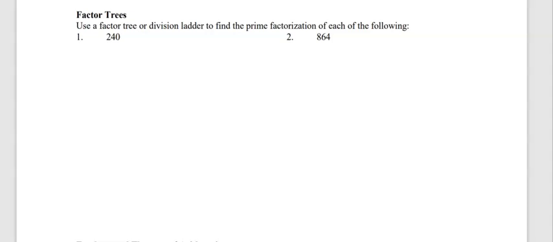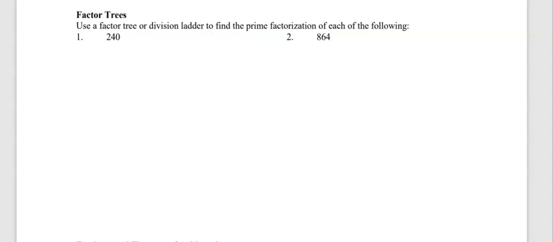First problems we're going to do in this lesson is do some factor trees. I'm also going to show you a division ladder, but this is something we start teaching our students to do after they learn what a prime number is, and we start teaching them how to break these numbers down into a prime factorization. We're first going to look at a factor tree, and I'm going to give you a number,